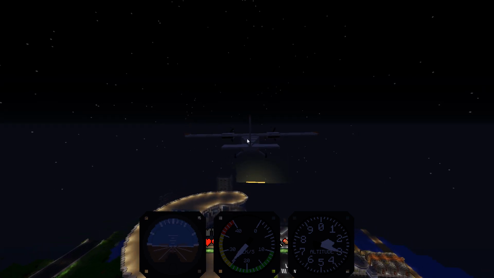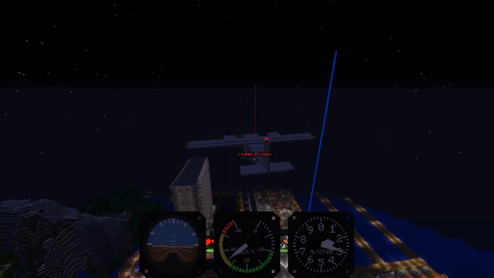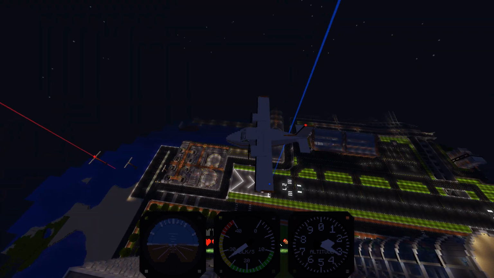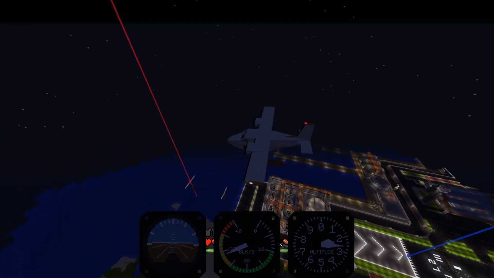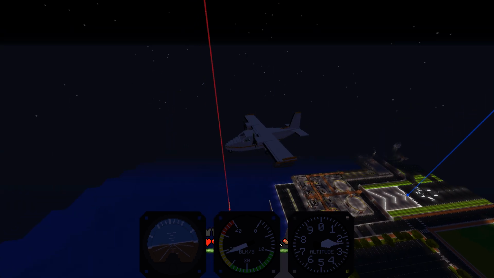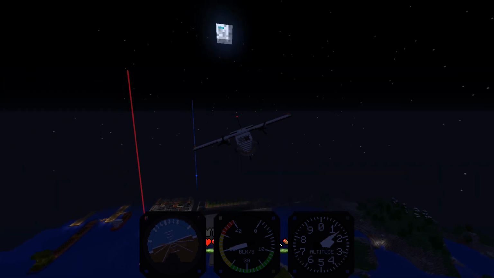I'll switch into journey map, and I recommend everybody has journey map, because what I do is I put 1 waypoint on the threshold of the runway, and then 1 waypoint slightly on short final. I'd say maybe that would be like half a mile out. And what that does is, when you're flying a distance away from the airport, if you line those 2 lines up